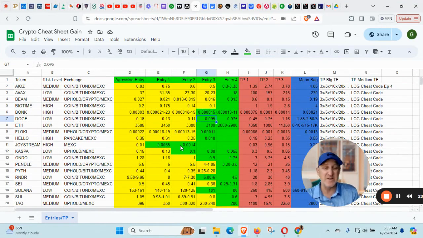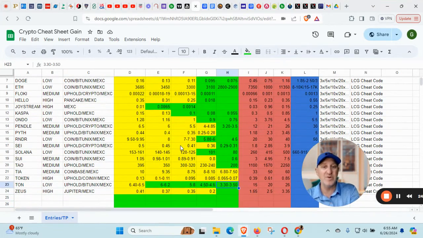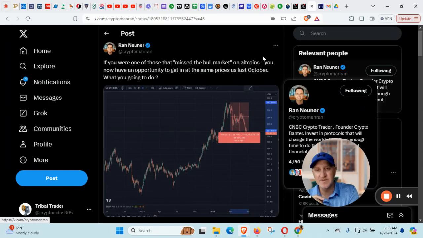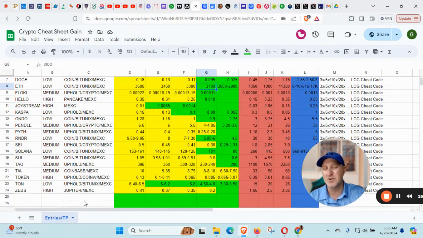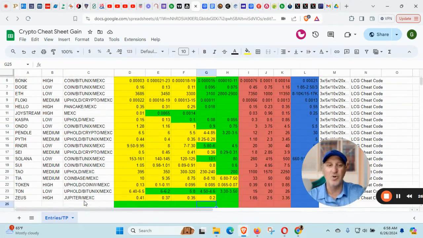Certainly, we're going to wait and see what happens at the options expiry this Friday with a max pain of 55. We could have a further wick down there, and that will bring the altcoin market down, and some of these buy orders would get hit in that case, and that would be a gift because then we would get these altcoins at these levels. Just remember, we feel there are so many indicators that have previously indicated that we are at a bottom or very close to it. I don't need to get the exact bottom. As soon as we begin to rebound and price begins to go up, I'm going to be in profit fairly quickly on all of these tokens.